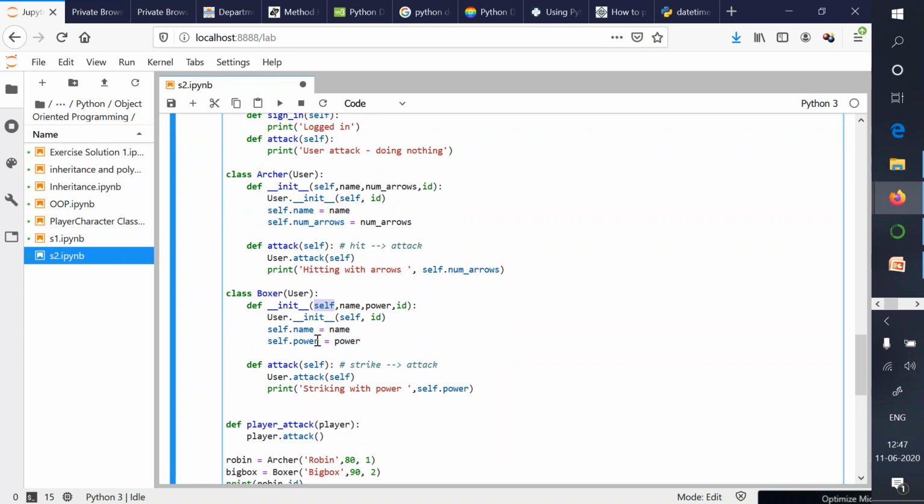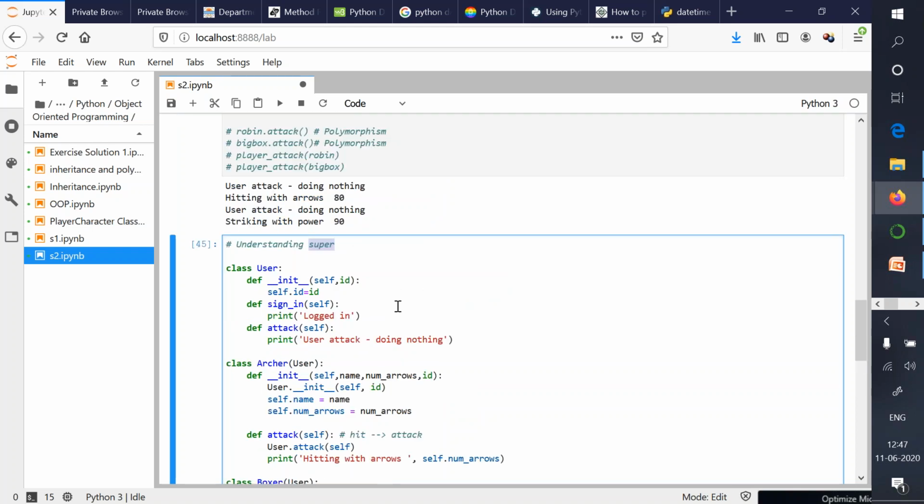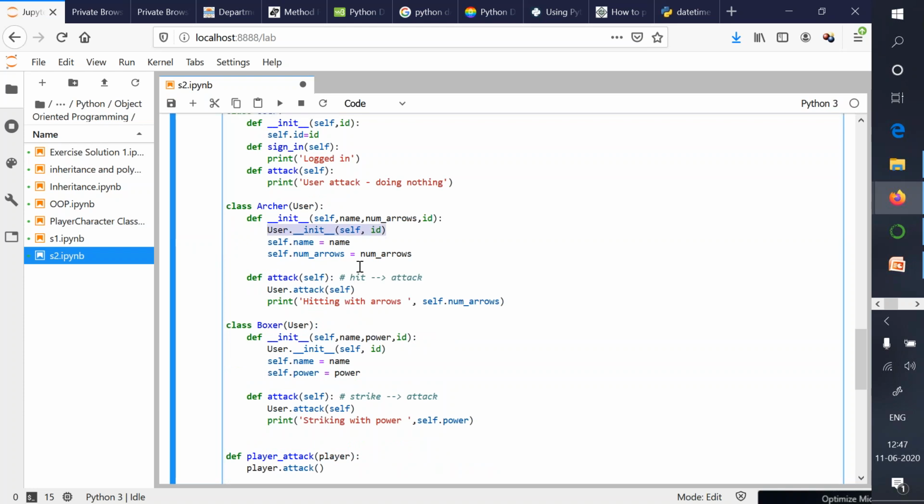Here we are trying to understand super. We have not used super. What we have used instead is a call to this function User.__init__ with self comma ID. So a better way to do this is to make a call using the super method.